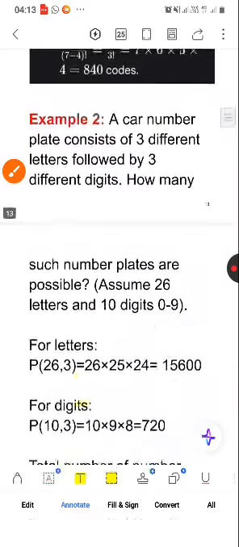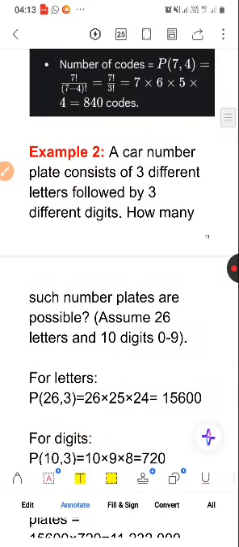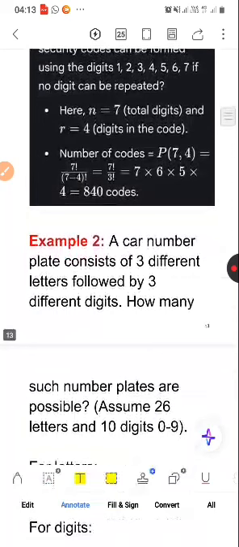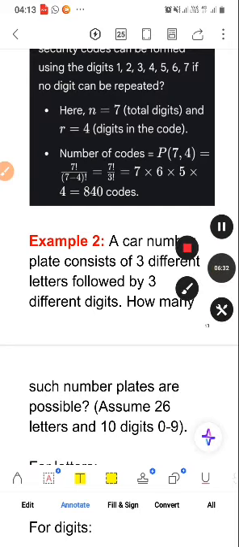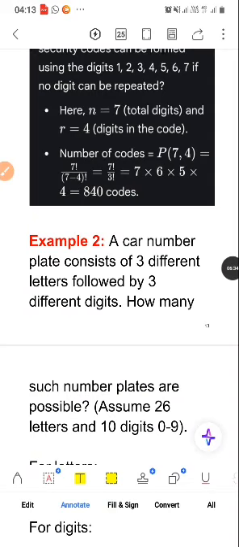We also gave an example where we said that a car plate consists of 3 different letters followed by this. We shall talk about that later, because anytime you have a number in sequence, after this 3 is that. So what counting principle can we